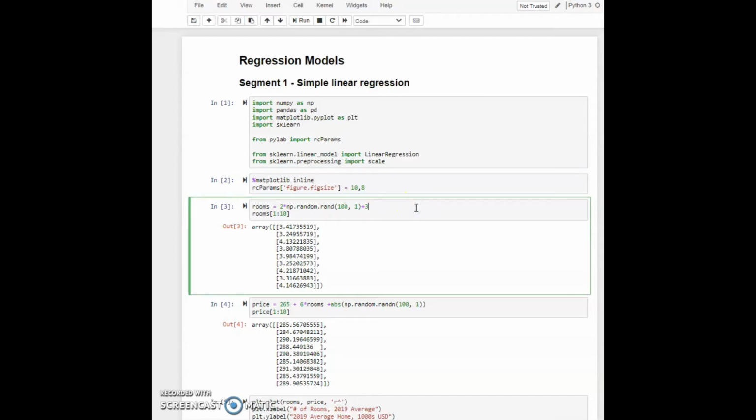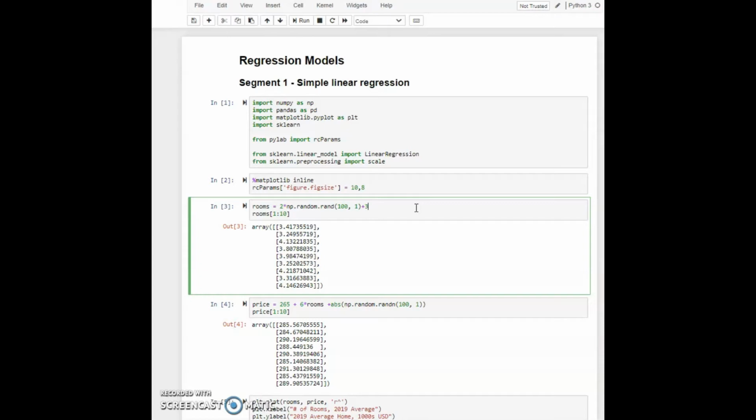So now coming to cell 3, we are just going to create some synthetic data in order to do a linear regression. Let's create a variable called rooms, and we are going to set rooms equal to 2 times a set of random numbers. So we are going to need to call the random number generator, which is going to be np.random.randn, and then we'll pass in how many values we want. In this case, it will be 100. So here's the equation that we are going to use to generate random values to populate the rooms field, or basically to create a synthetic variable that represents the number of rooms in a home.